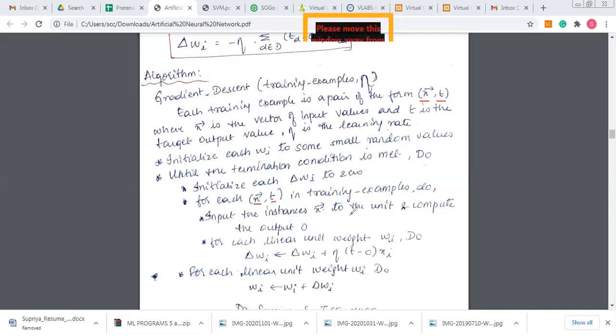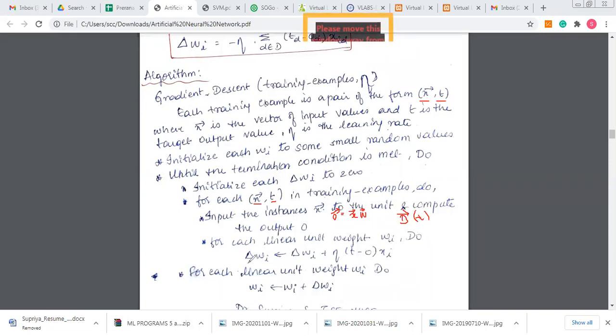I had the X value, I had the W value, I calculated the output value, and I had the target T value that was given to me. If I find any difference between them, then for each linear unit weight Wi, what do I do?